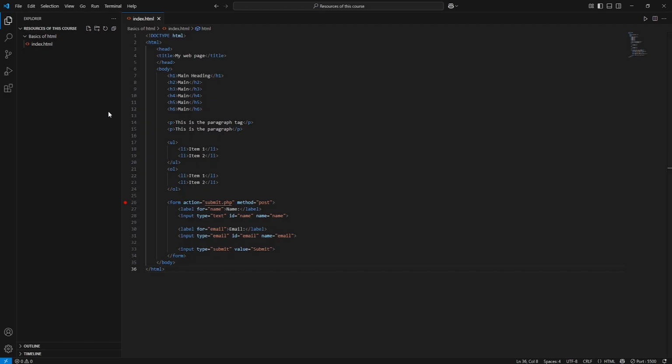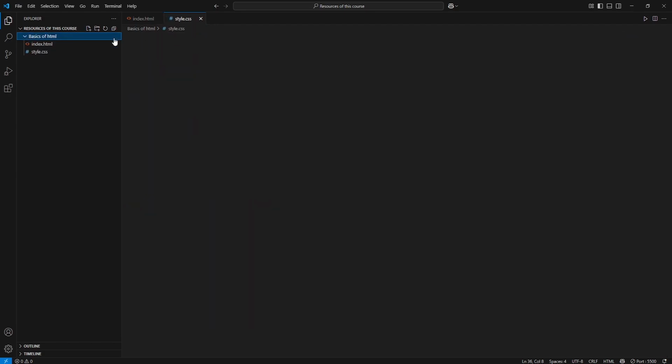Okay? First things first, what I want to do over here is I'm going to create a style.css file. Inside of this folder, I'm going to right click, new file. I'm going to put in style.css. There we go. Now, as we have the style.css, we're going to apply all of these things inside of